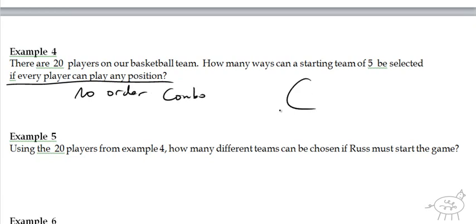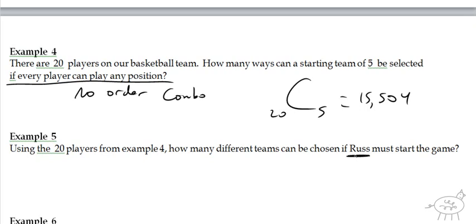So that's just going to be 20C5. And you put that in your calculator, and you get 15,504. Okay, example 5. Using the 20 players from example 4, how many different teams can be chosen if Russ